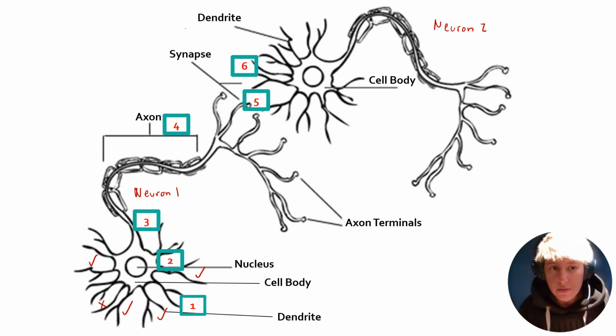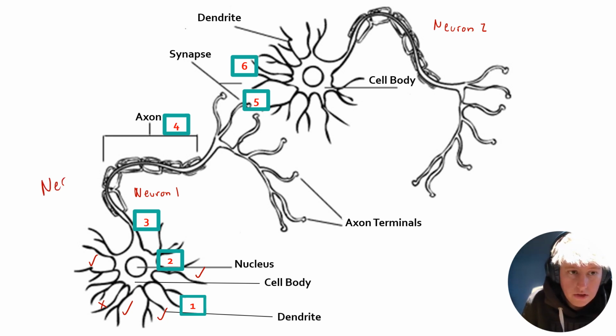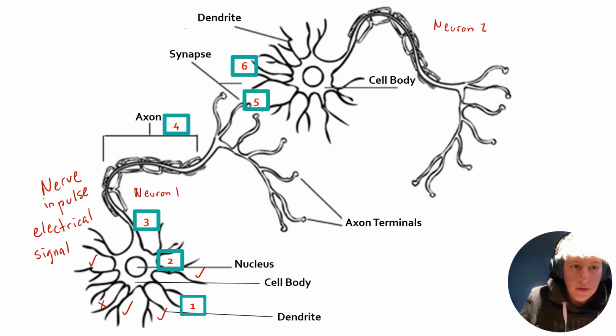Once that decision has been made, then the message, which is basically going to be a nerve impulse, which is basically an electrical signal, is going to be generated at the cell body, and it's going to travel along the axon to the axon